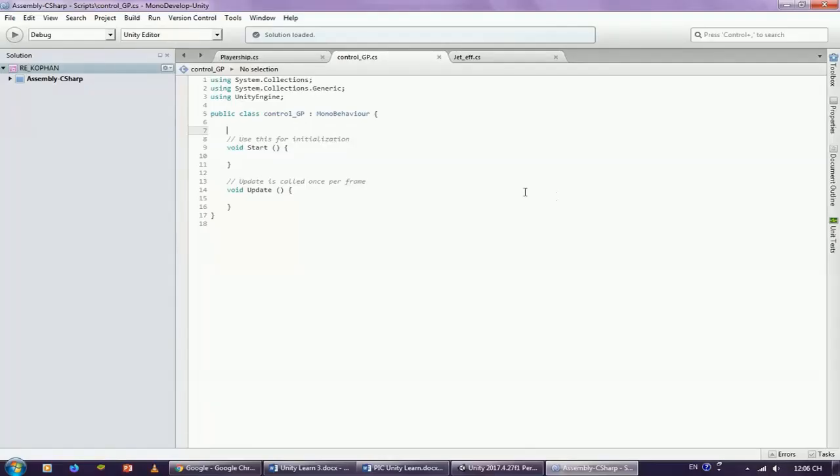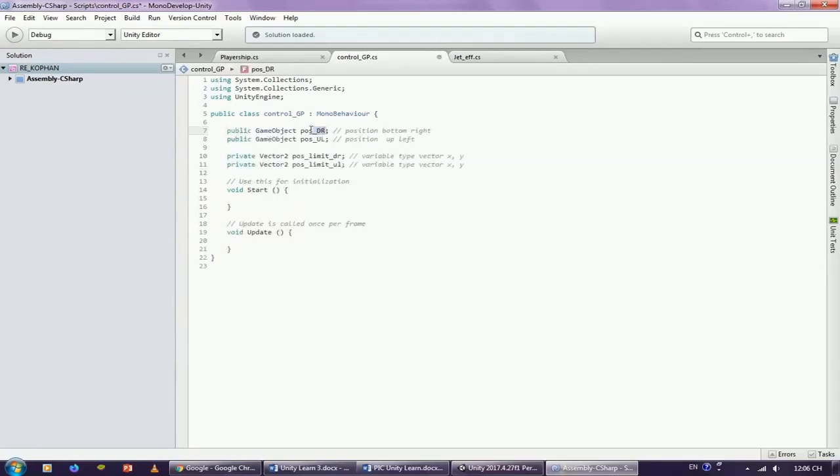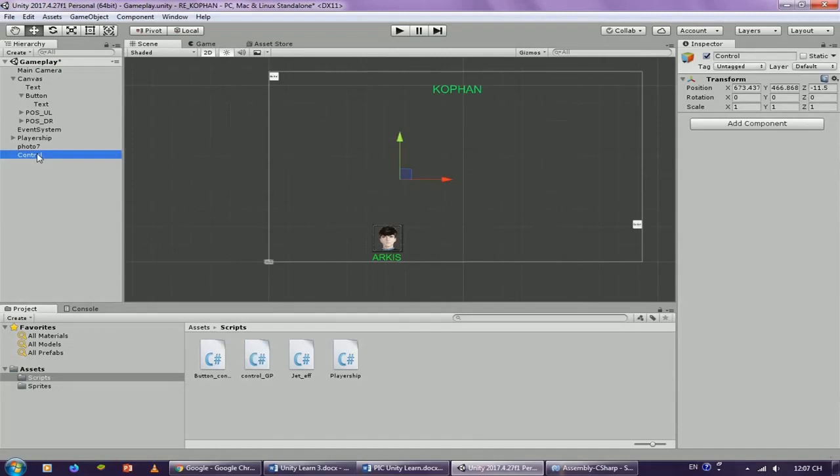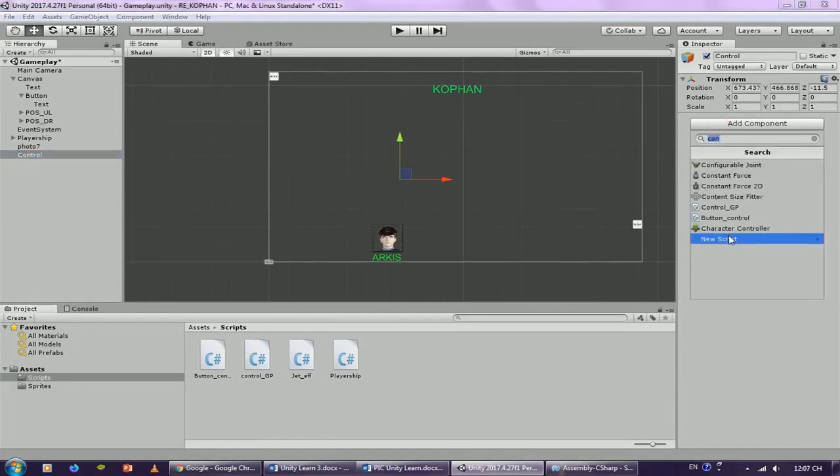I create variables. Variables of type GameObject to contain the two positions, down right and up left. Declare two vectors to save values read from those two landmarks. Put the script in the Control object.